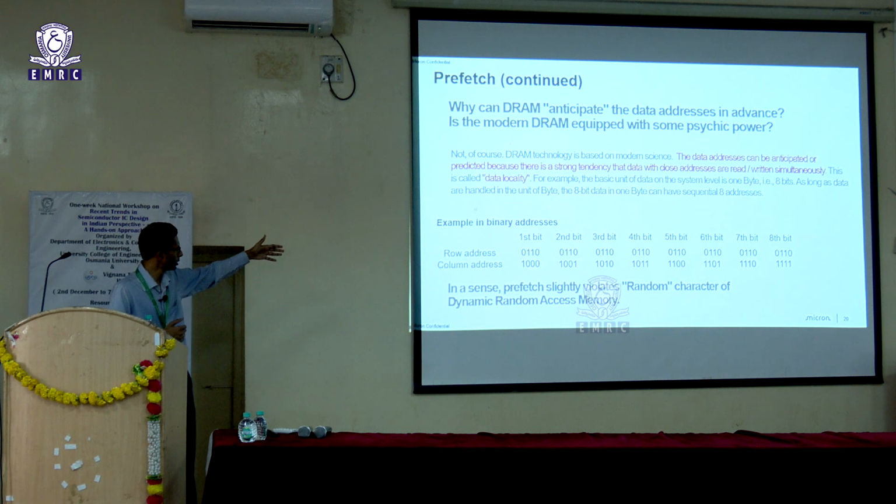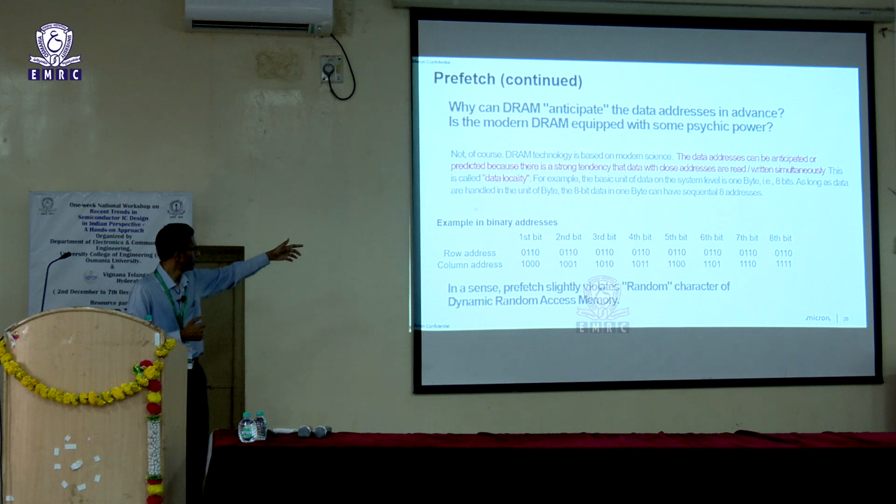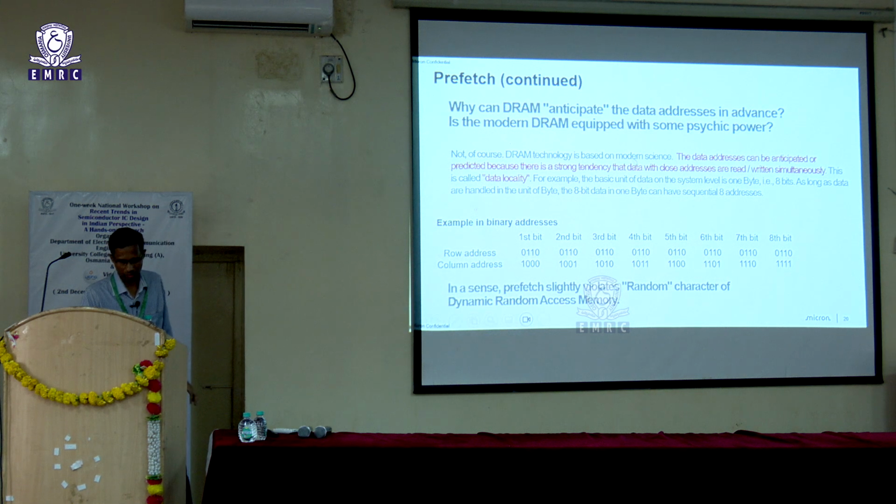So this is how it is. You have a row address and you have a column address. Like for example, this is what you intended to fetch. Say you've given this address 0110 and 1000. So you get 1 bit of information, but you don't stop with that. You actually change your column address all the way through and get all the 8 bits of information and have it readily available, so that it can be sent out in one burst.